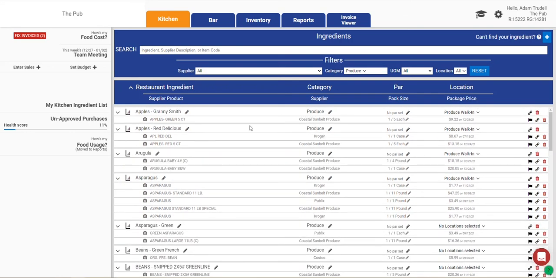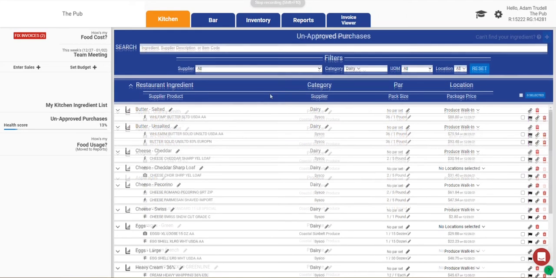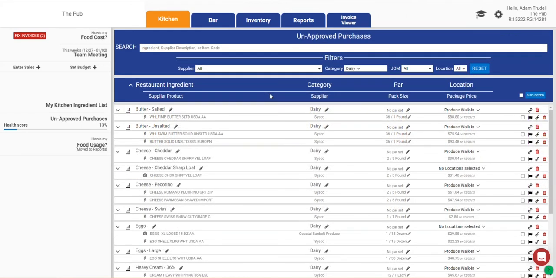We can link items together. We can edit pack sizes as well as change categories. Now let's take a closer look at linking and unlinking items together. For this example, we've moved into the dairy category, and we're going to look down for restaurant ingredients and supplier products that may be linked